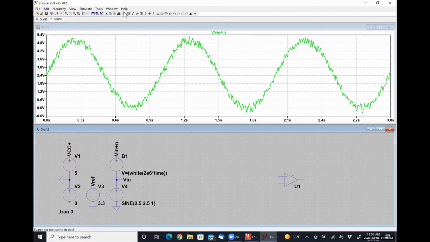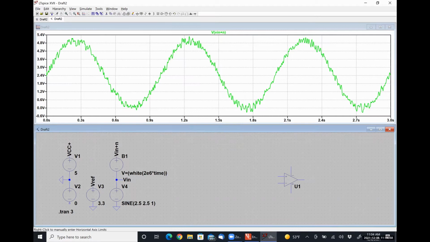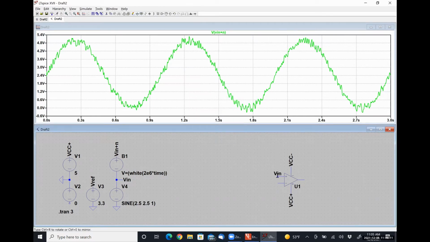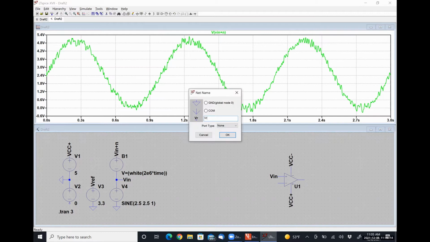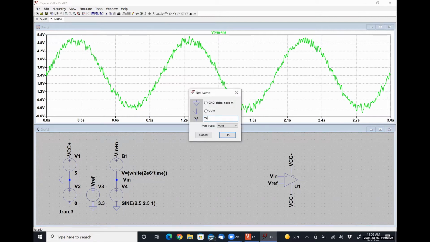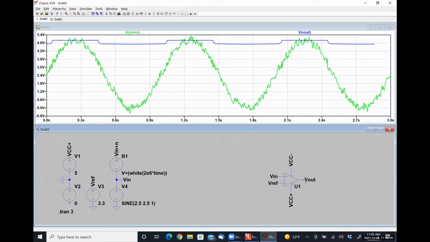All right, so let's see, label network, there we go. VCC plus goes down here. All right, so when I run this simulation and I look at my output signal,